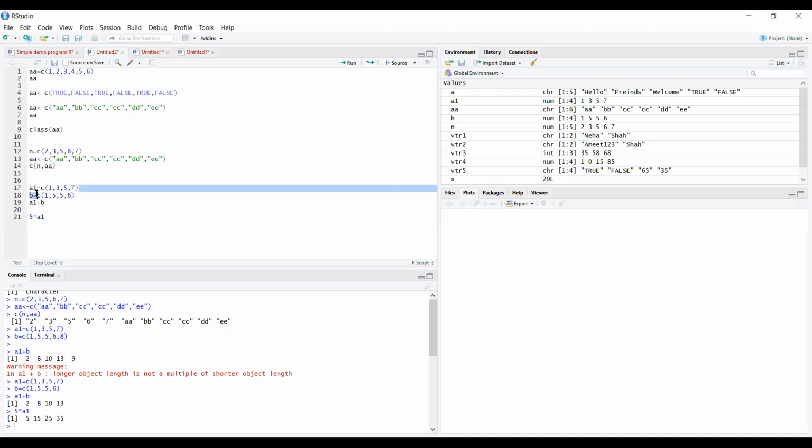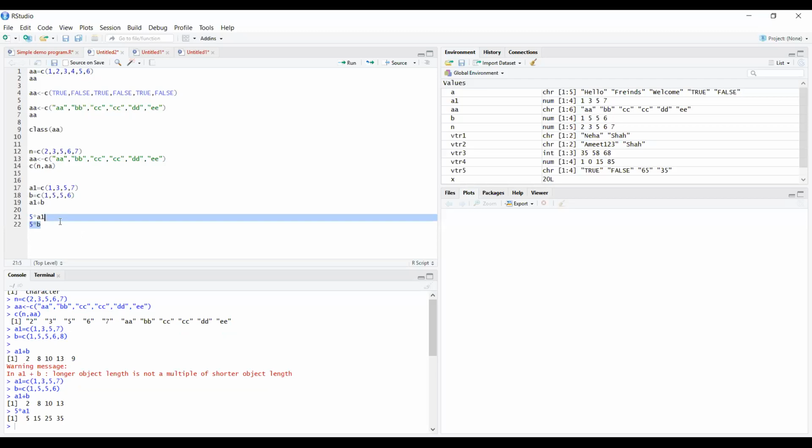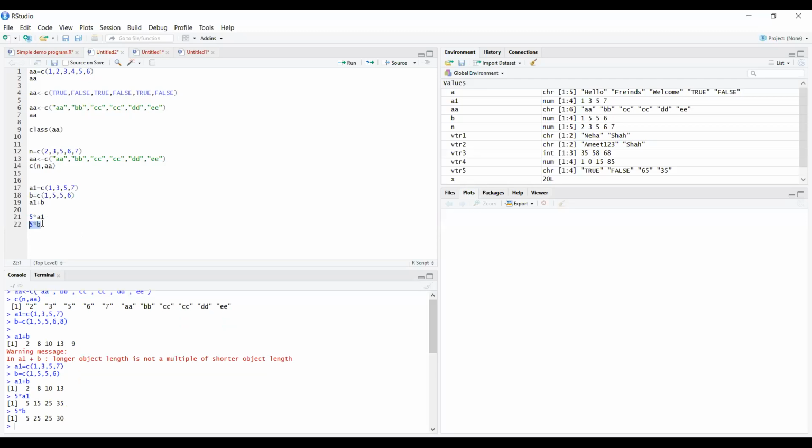In this way you can multiply, or if you want to multiply with b also, you can use 5 into b, select this and press control enter. You will see the same multiplication with b also happens.